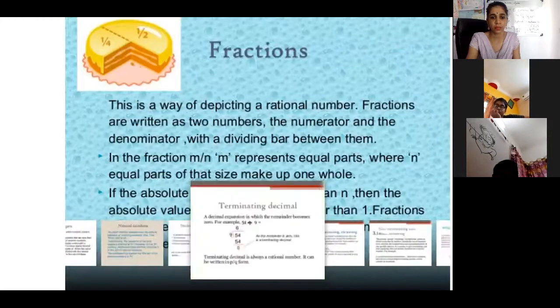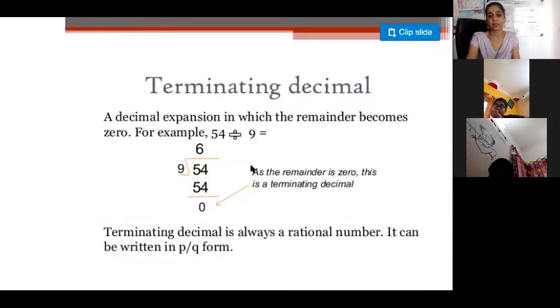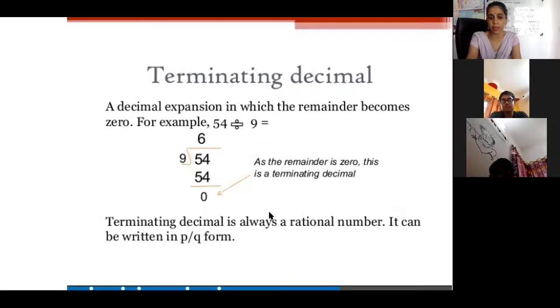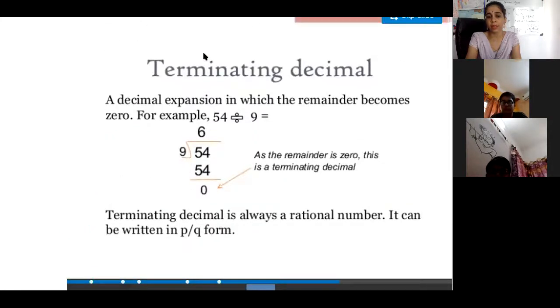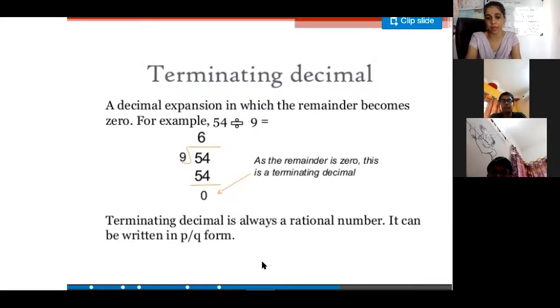Integers. Okay, terminating decimals. So this is the example, simple terminating one. A decimal expansion in which it is terminating, right? आराम से ये दिख रहा है. एक सिंपल सा हमने जो example लिया वैसे ही आप भी कोई भी random example ले सकते हो. Okay, so आप भी कोई भी example लेके terminating decimal digits दिखा सकते हैं. हमने आपको इससे पहले वाली slide में I have shown you.